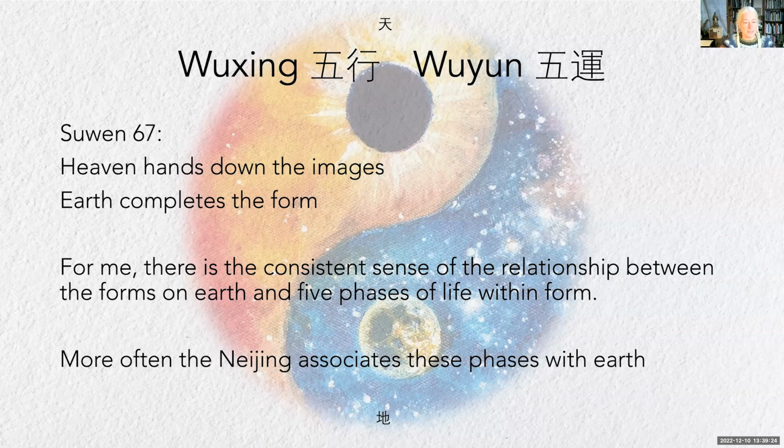Then at the same time, I want to be able to see that it also makes sense that they are associated with heaven, because it's these heavenly cycles that cause these phases. So it's not right or wrong at all. It's more, for me, about the practicality. So if we look at it in a way that the 5 phases are associated with earth, how does that help us ultimately in clinic?